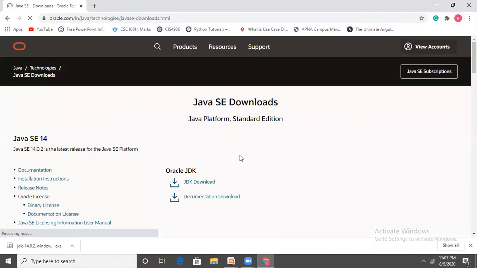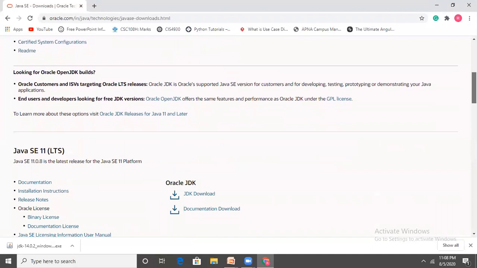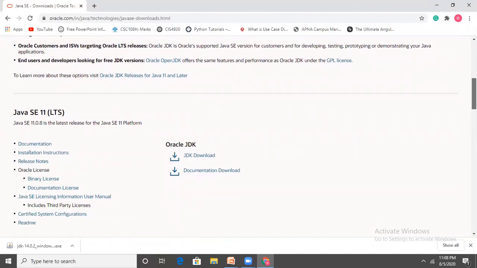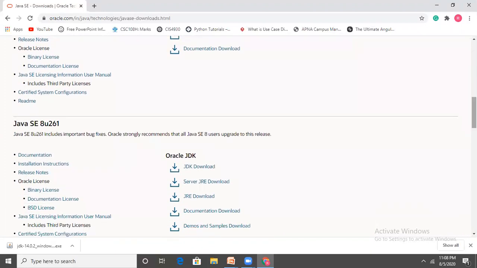Such a page will be displayed in your browser. There is Java SE 14, or Java SE 14.0.2, the latest release for the Java SE platform. You can download the JDK for Java 14 from this link. On this page, other older versions are there, such as Java SE 11 LTS, long-term support, or any stable version you can also download, such as Java SE 8 update number 261.